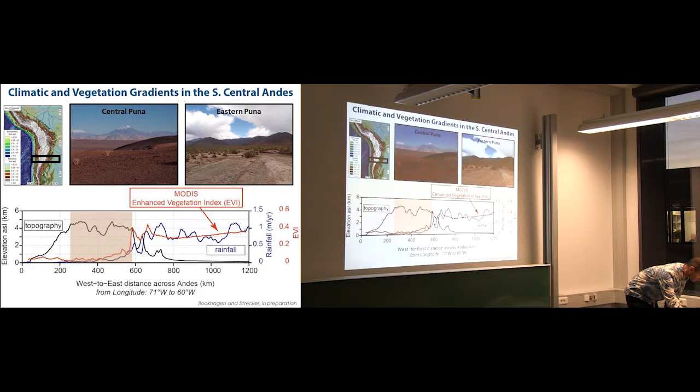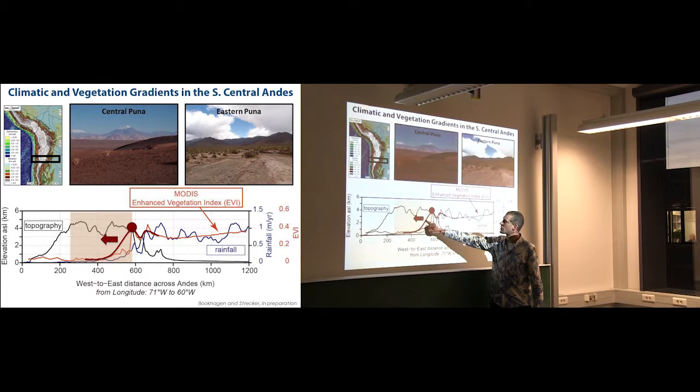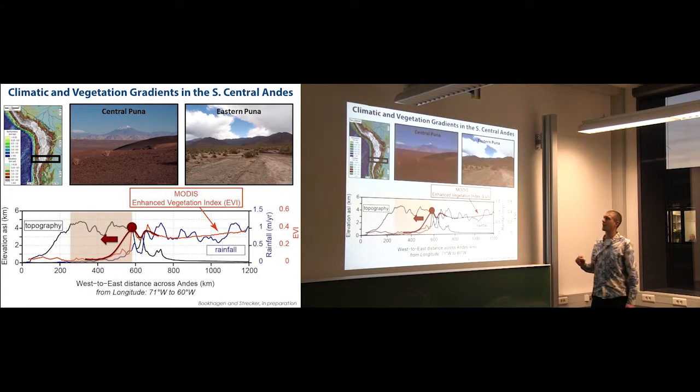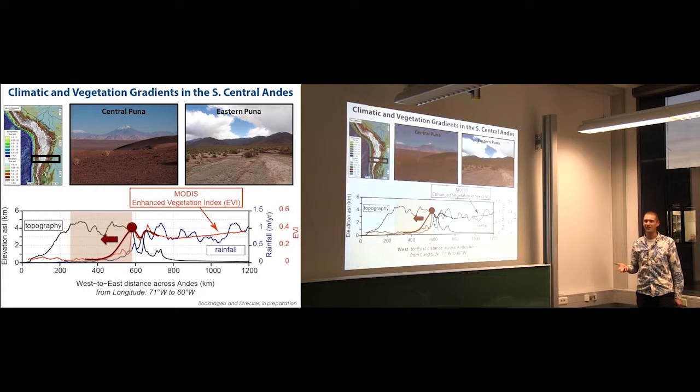when reaching the central Puna. We used an analog of what happens when a big storm migrates into this region. This is an analog showing how vegetation cover changes when a big storm migrates into the Puna. That's when you do see additional vegetation cover occurring in places where it is usually fairly barren. But vegetation cover never changes in the central Puna, or I should say, does not change on decadal timescales in the central